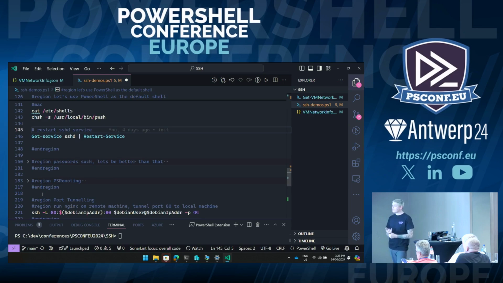We've now got SSH configured. That took, without me talking, probably less than 5 minutes. We've got PowerShell 7 as the default solution for a Linux machine and a Windows server. Now let's get a little better and stop using passwords for everything because they suck. We suck with them and we put them in text files and on little sticky notes everywhere.